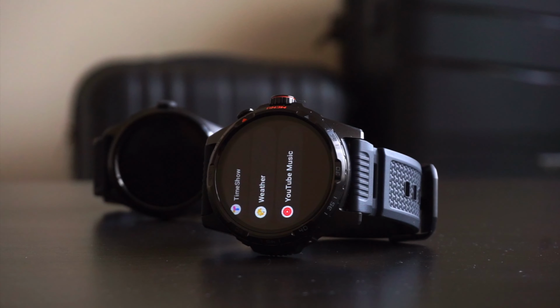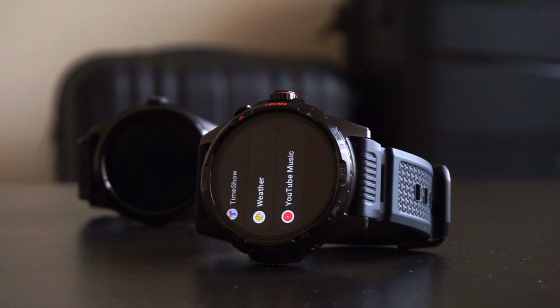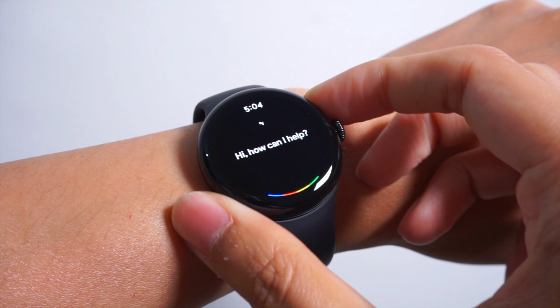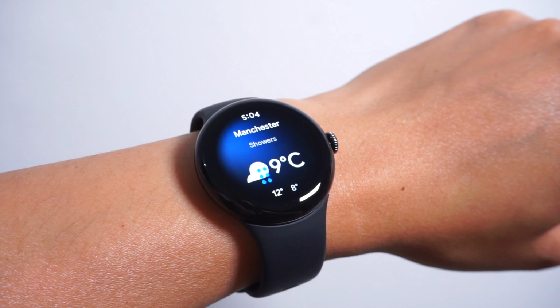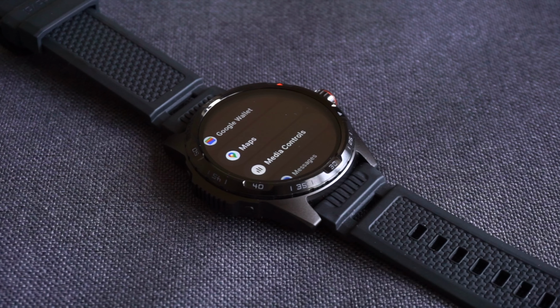Now, with that being said though, the TicWatch Atlas isn't a perfect device. For one, there's no Google Assistant support, which remains to be a big downside to using a TicWatch. And for people like me who have mostly integrated Google Assistant with day-to-day activities, you can really feel its absence here. Now, you can of course sideload Google Assistant using an APK, but overall, a Wear OS device without such